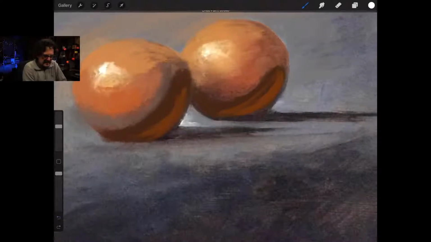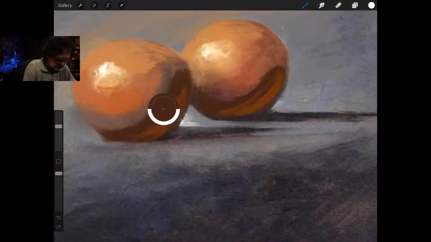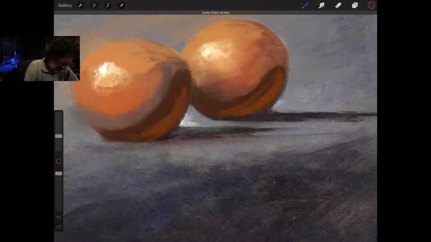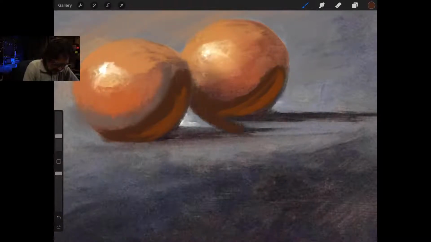Okay, so there is the problem. So what is the solution? So if we bring this down, then first thing we're going to trap that negative shape, which is going to make our oranges feel much more solid.